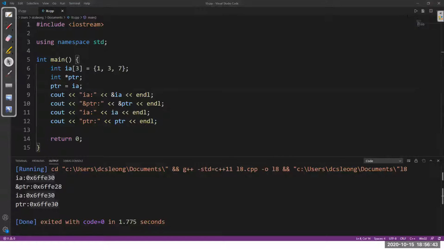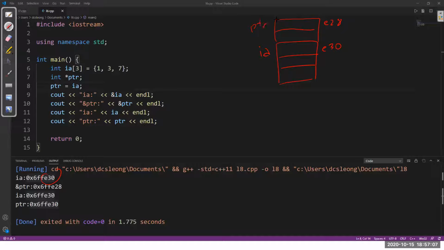So what does this mean? What this means is that we have this ia here. This one is E30. I just use the last 3 digits. Pointer is somewhere here. 28 is actually above 30, so here's E28.